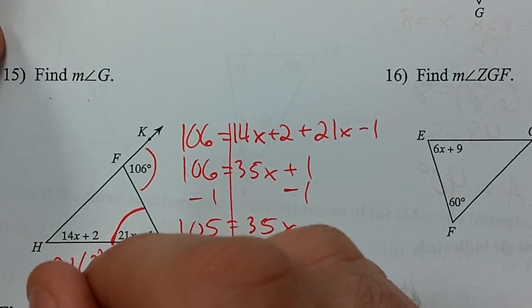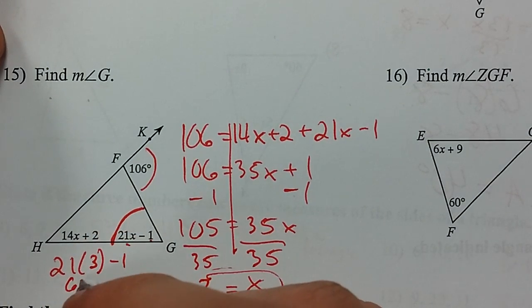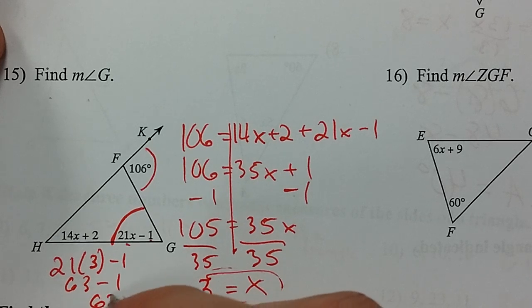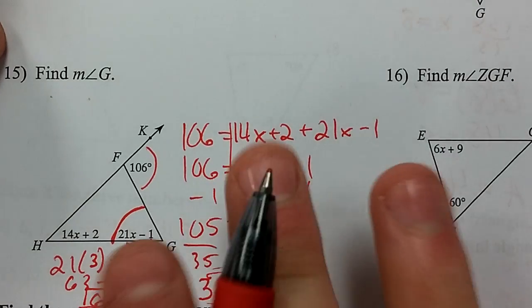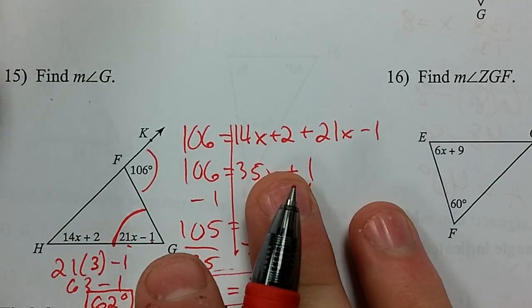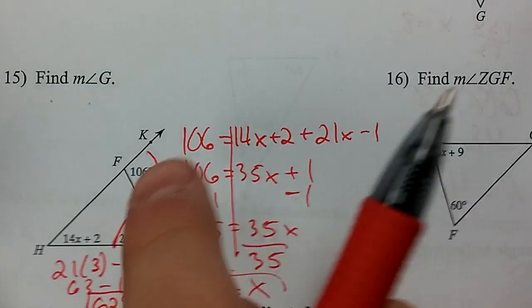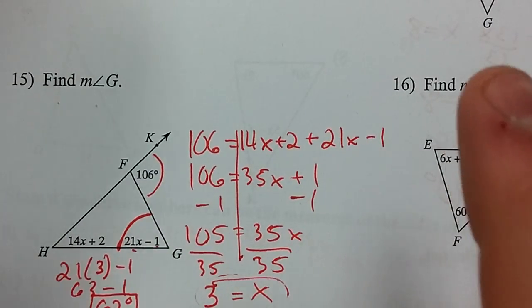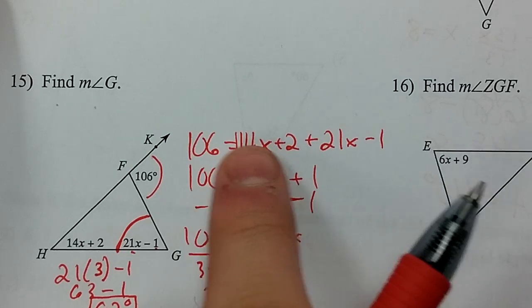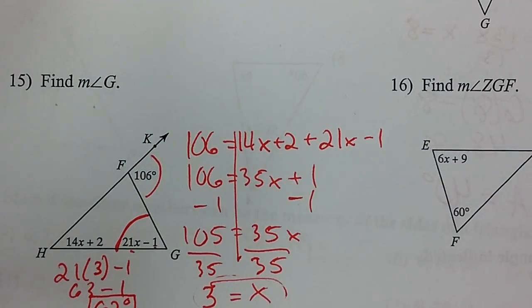21 times 3 minus 1. That's 63 minus 1, or 62 degrees. So the problems may look different, but the concept of the exterior angle being equal to the two interior angles is not different. It's the same concept. The equations will just look different. So you have to be flexible with your ability